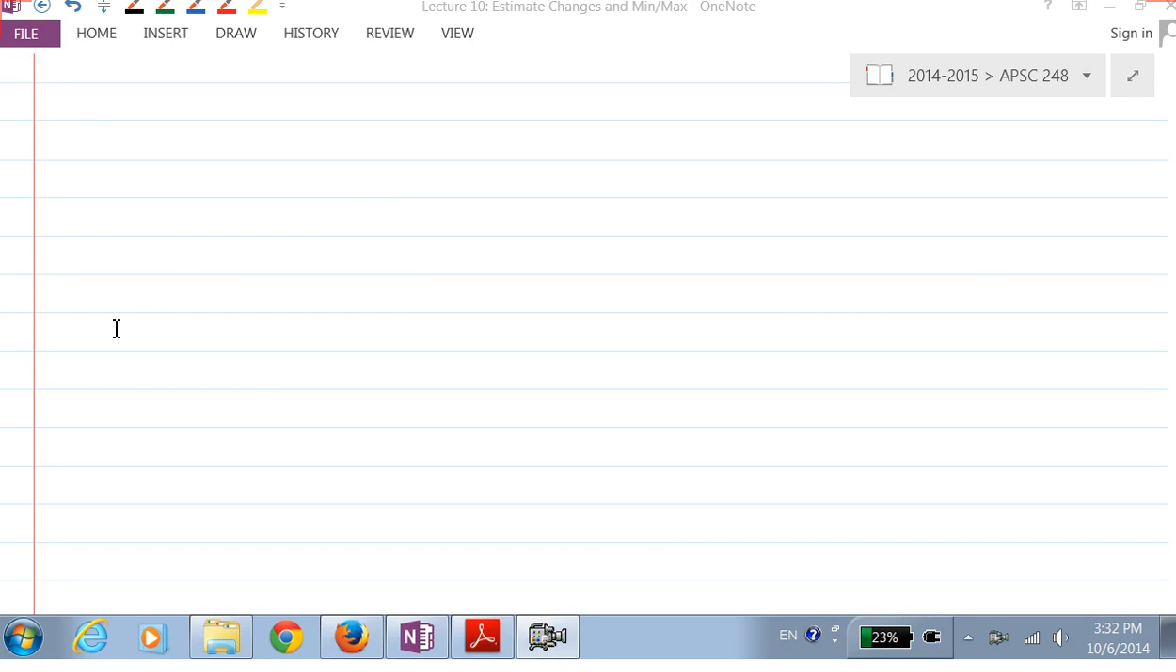Okay, so let's look at the directional derivative here. Just a quick review of what the directional derivative is. So according to the definition, directional derivative is